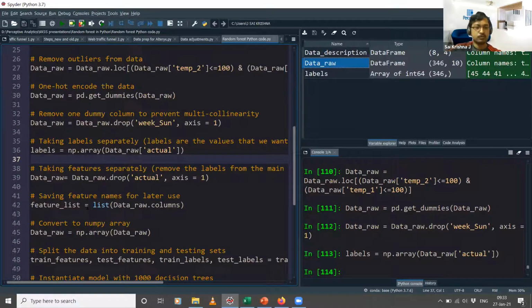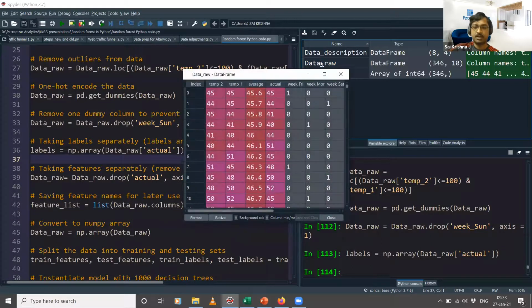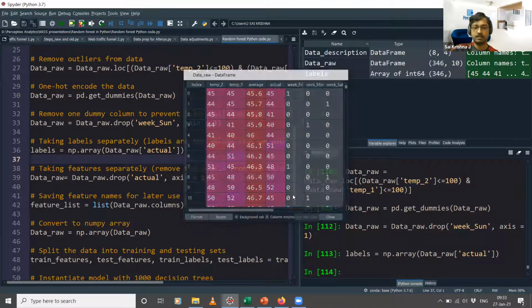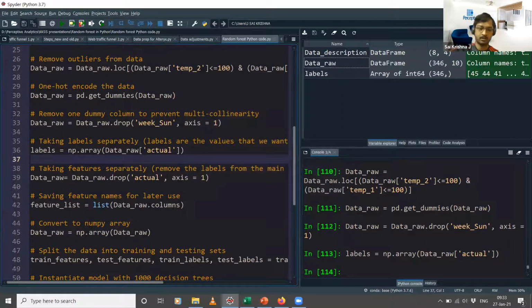Yeah, so once we do that, we also take the features separately. Features are nothing but the set of independent variables that you have. So you take the same data set, all the columns apart from this actual column, the independent or the predictor variables. So I will just drop this particular dependent variable column from my data frame, and the remaining all that I have will be the predictor variables.